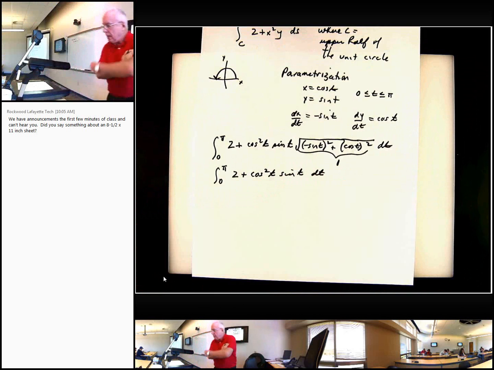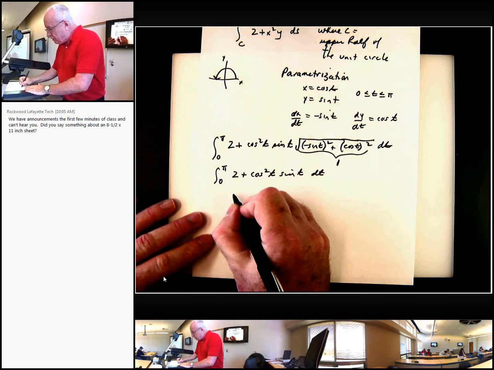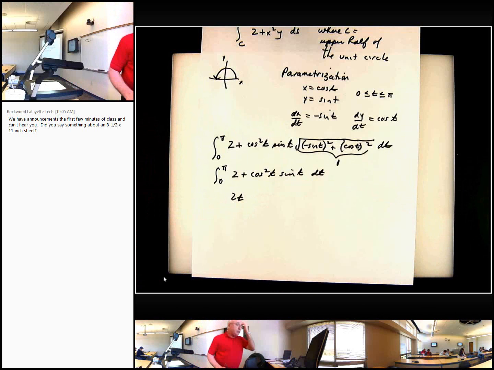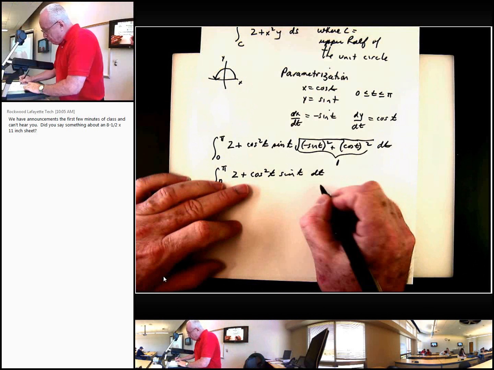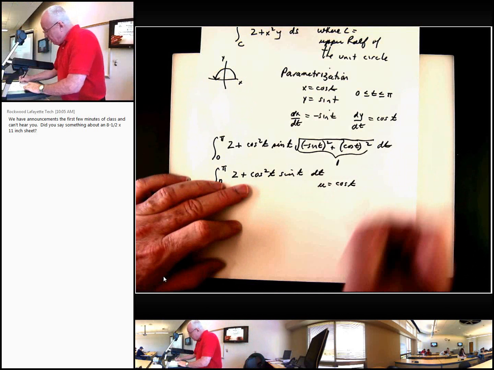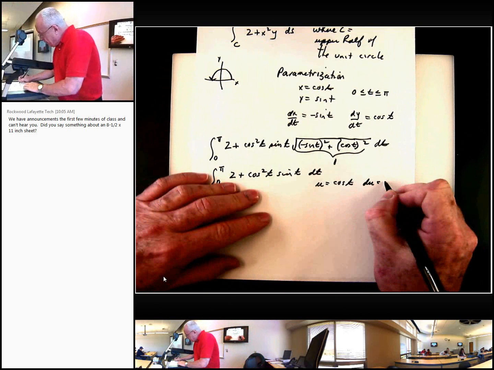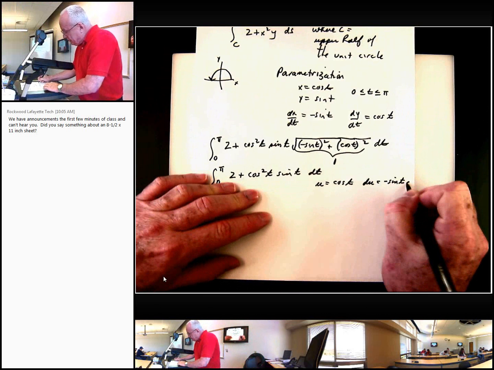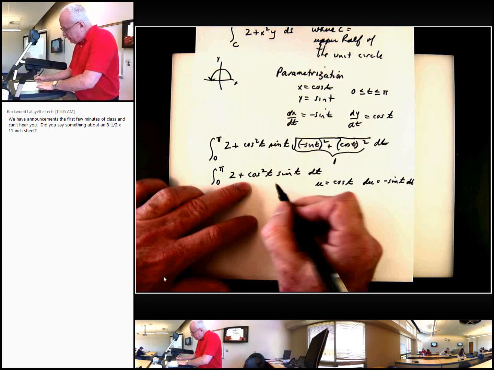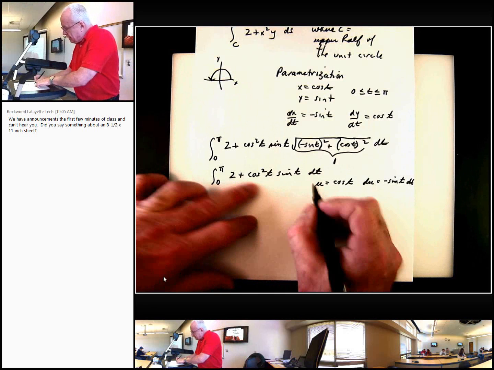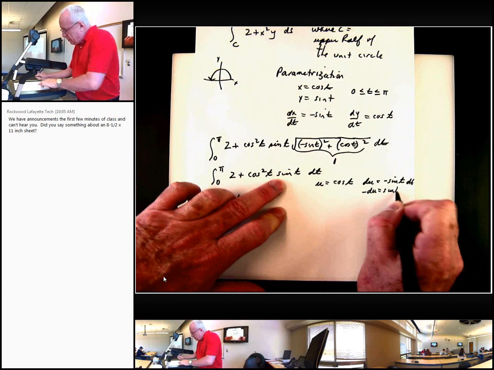All right? And so let's do that. Get the antiderivative. 2 is going to turn into 2t. And then for the second term, we do a u substitution. We're going to let u equal the cosine of t. Therefore, du is equal to the minus sine of t dt. And so what are we going to have here for this then? This is going to end up being, minus du is sine t dt. So we're going to have a minus,